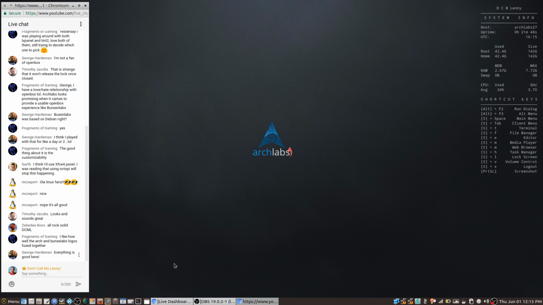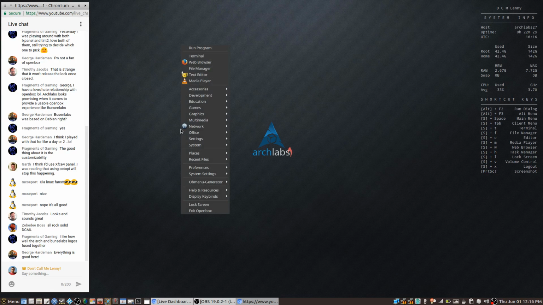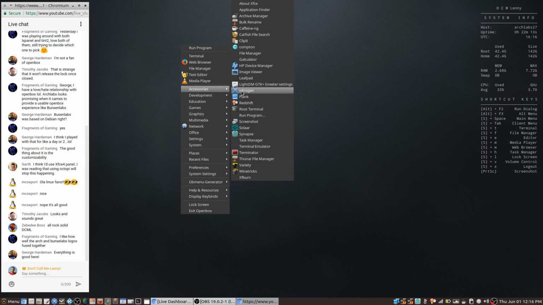Okay, that's good. So as you can see, I've got Archlabs. I tweaked the Conky a little bit, and other than that, everything is running fine. I like OpenBox because of the right-click menu. Everything is accessible pretty quickly, and as you can see now, the only problem is the Faenza icons,